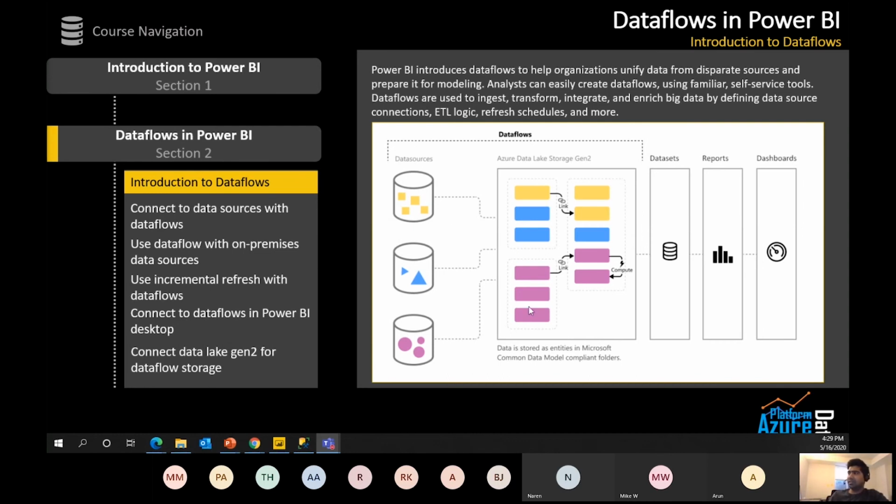Now, if you see this layer, first of all, data sources. So basically it is talking about heterogeneous sources. You can bring data from various sources to data flow, to this entity. You can create an entity using heterogeneous data sources. And once you bring it here, you can see these are the entities and then these are linked entities. I'll talk about that in a couple of minutes, what linked entities are and what entities are. And then you see you are performing compute on top of this, and that data also resides within Data Lake Gen 2 itself.